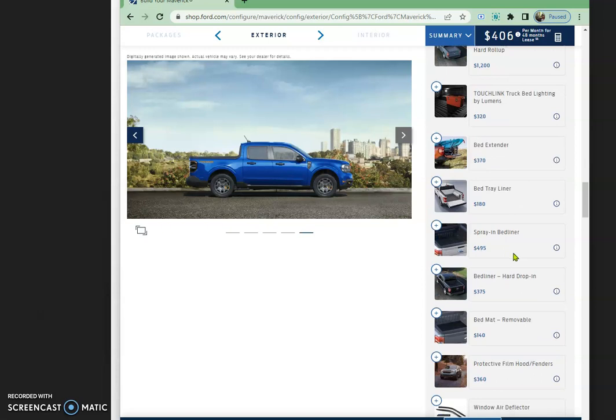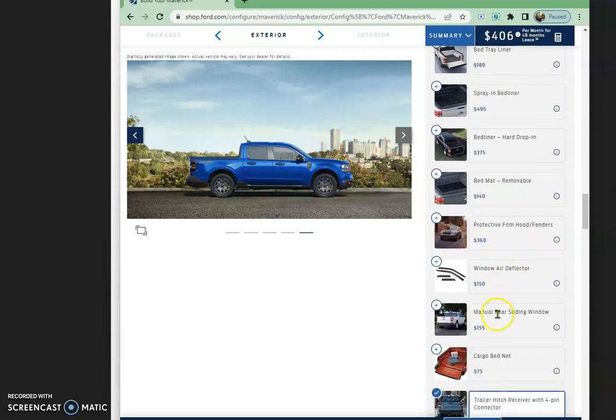But talking to all the Ford representatives and people on the forums and all of that other stuff, if you get any of this, you're basically never going to get your Maverick. I've already gotten an email. I had a build date assigned to me already. So my build date was supposed to be December 12th of this year. And I already got an email 5 days ago that was super generic from Ford saying, "Hey, we're having supply chain